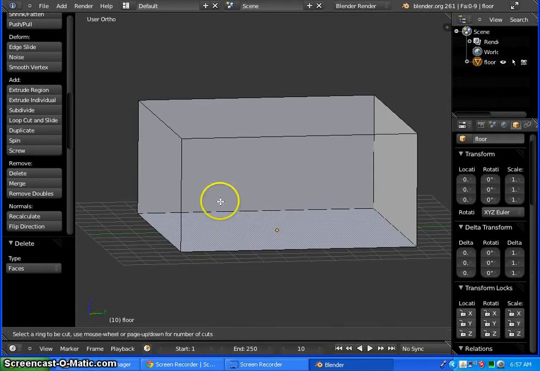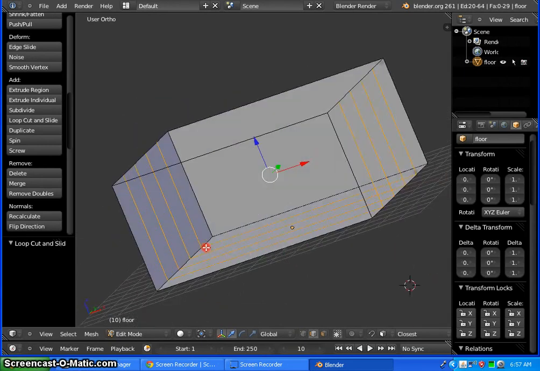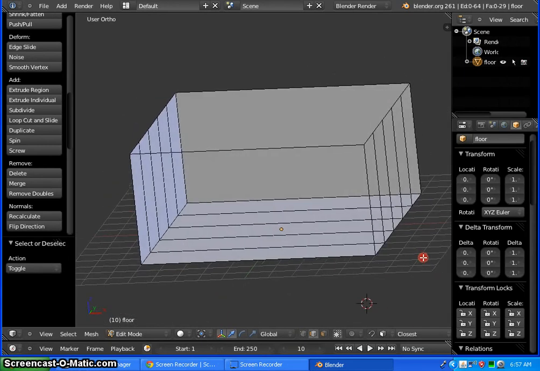Control R. With loop tools added in your add-ons, if you press Control R, what this is doing is literally cutting through the entire object. Now you can scroll up with your wheel to add extra ones. We want to add 4 for now. So go ahead and have 4 and left click it and then rotate it a little, unselect those,